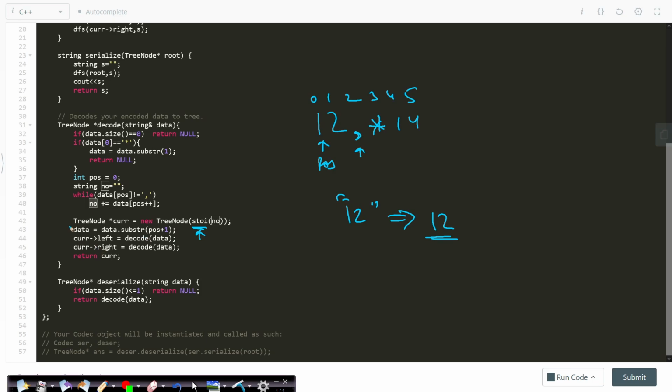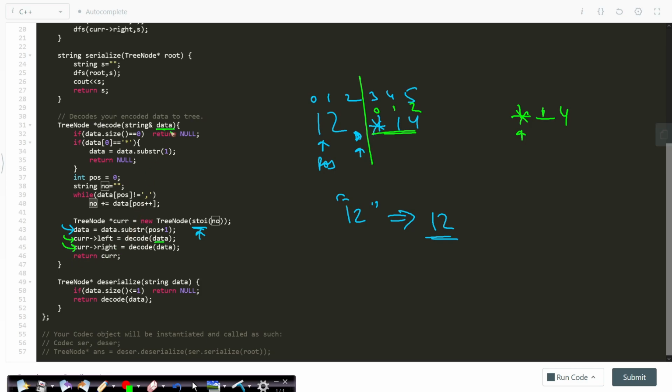Once this is done, we have to trim the data. That means this part is done, so we have to trim it out, and the next 0th index will be this one. So this will be my new string, star 1 4, and this will be passed into my left call. Okay, and then whatever is left from the left call processing will be passed on to the right call.